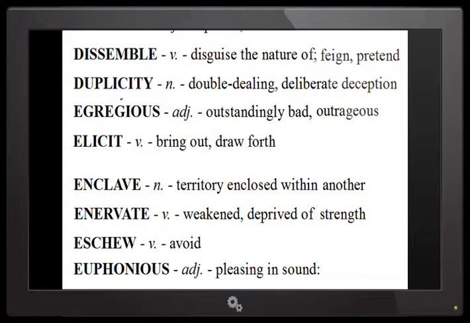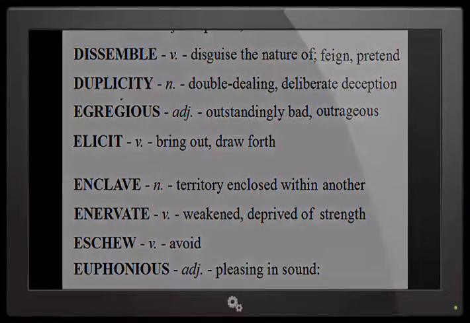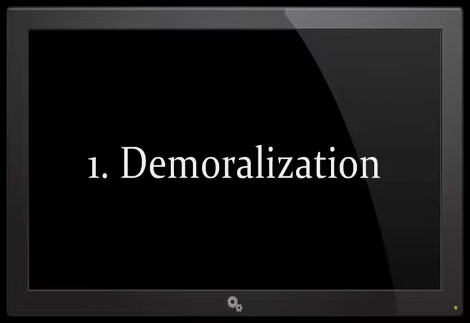First word, discrete. This is an adjective. Individually separate and distinct, detached, distinct and abstract. The mind control process has 4 discrete steps. Step 1 is demoralization. It takes 15 to 20 years to demoralize a nation because it takes 1 generation of